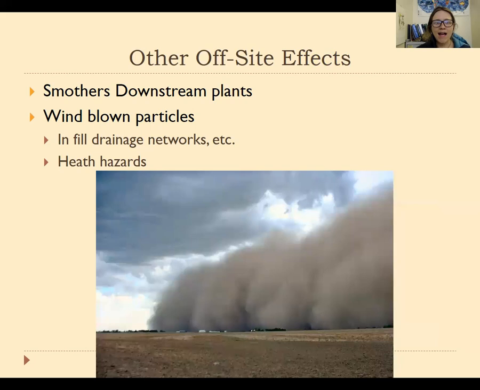Other offsite impacts that might have to do with more like wind-blown sediments could be kind of the smothering of plants, filling in of drainage networks, and of course, health hazards. You know, there's lots of potential like asthma conditions or pneumonia-type conditions, valley fever, if you know about that. It's kind of unfortunately sort of common like pneumonia-like thing that happens to lots of people that live in the